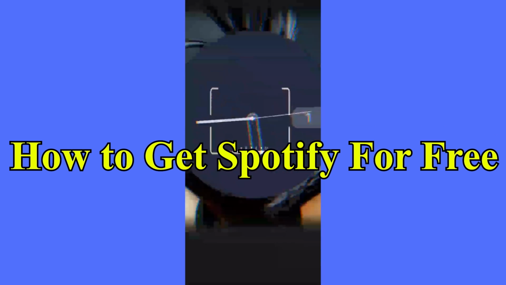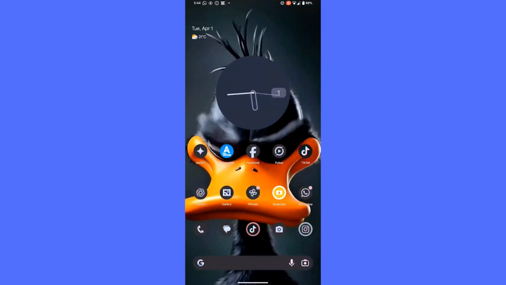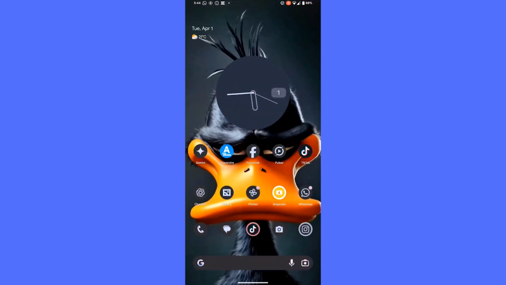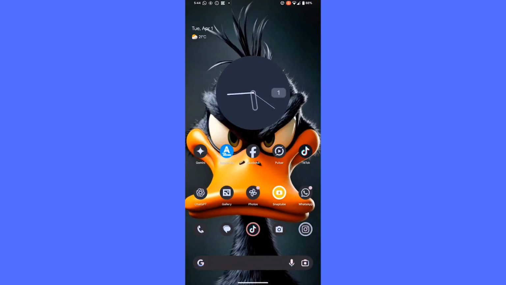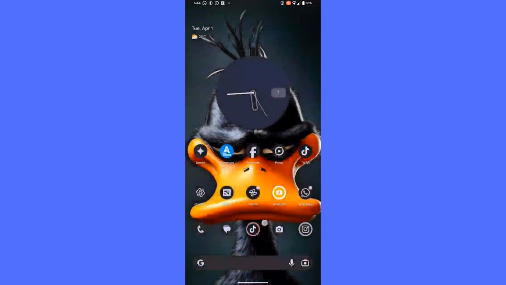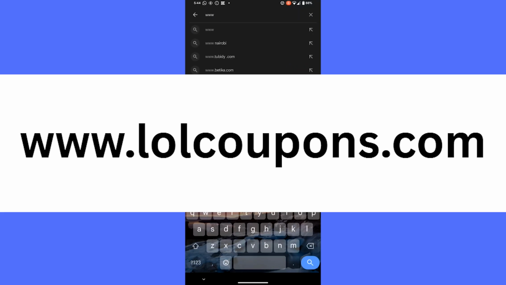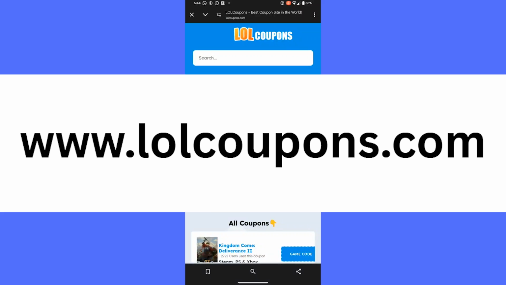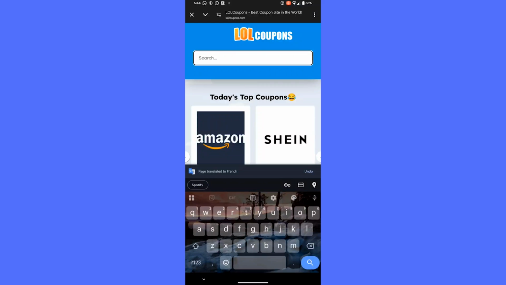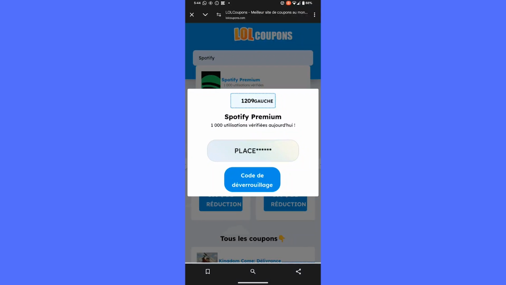Hello guys, so today I'm going to show you how you can get Spotify for free in 2025 on your Android or iOS device. So you need to head over to your default browser and you are going to type in www.lol.com. So once you reach over to this site, you're going to search for Spotify, and this is the code